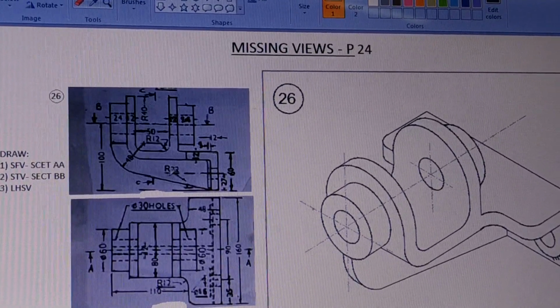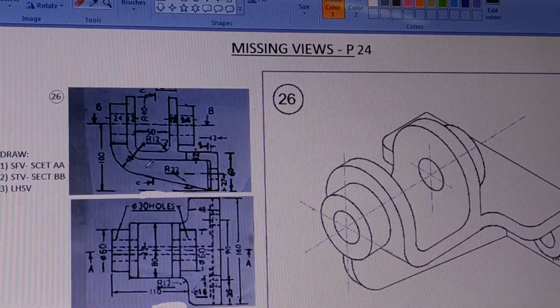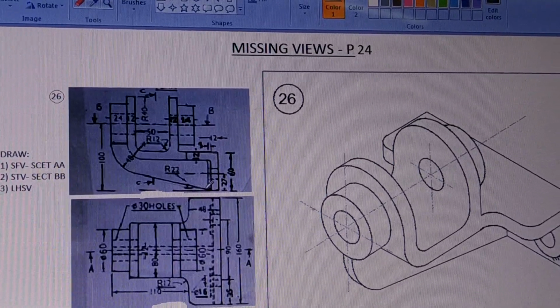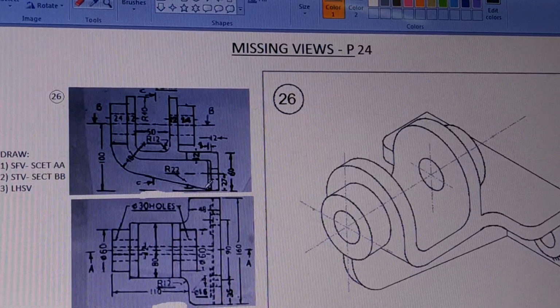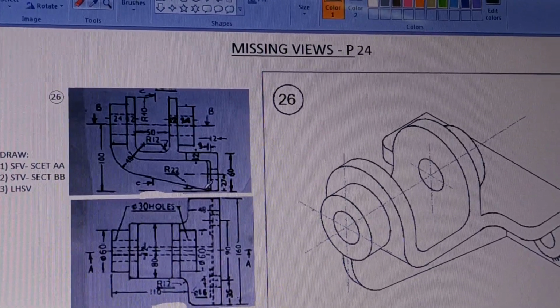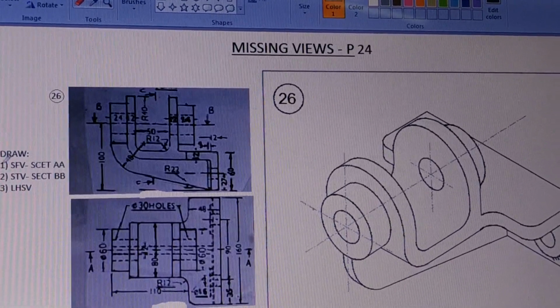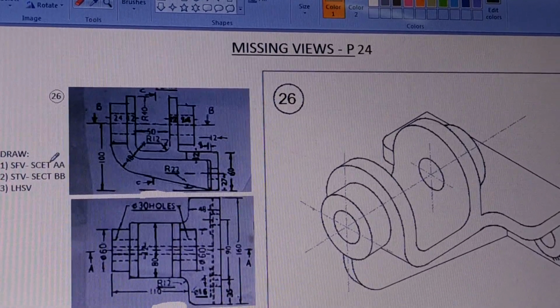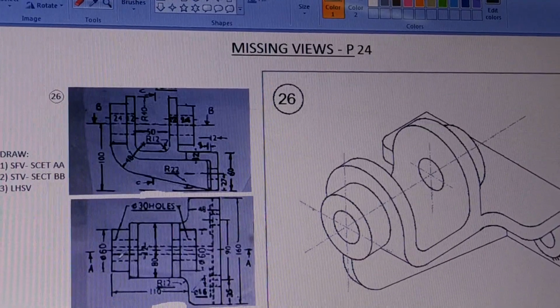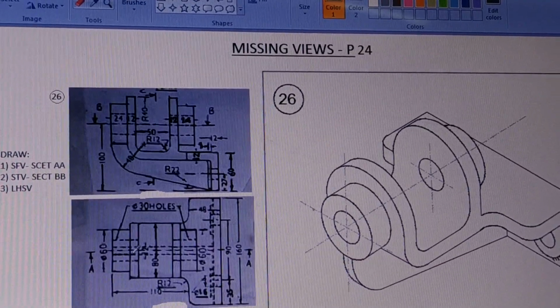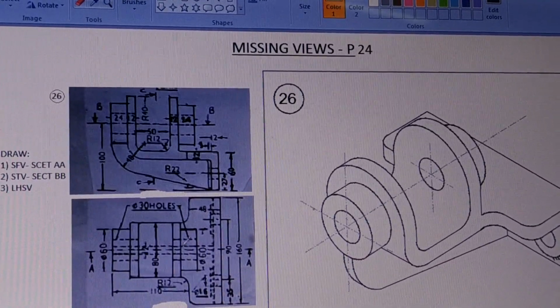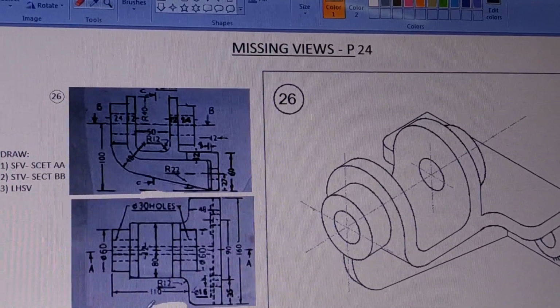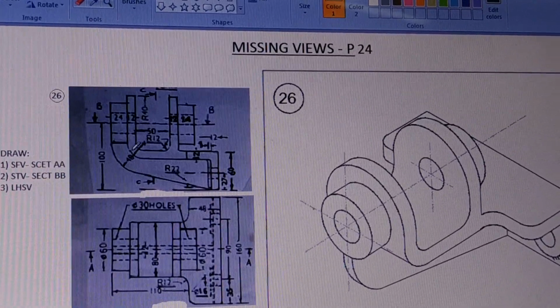So this is the rib that is shown, extended from here to here. So with this we have interpreted the object the way it is shown, and now you can think of what they are asking. They are asking sectional front view section AA. So in the top view, if you see AA, it is cut from here. So when you cut it from here and look from this direction, you will draw this front view as a